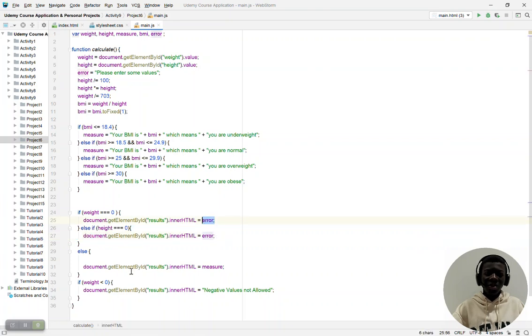And that's what will happen. So document.getElementById is very key when it comes to JavaScript, right where you see it. So measure. If weight is less than 0, that's where the zeros and ones get in, it will give you negative values not allowed. Positive values are allowed, fine, but negative values are not allowed, and that will give you an error straight. So anyways,